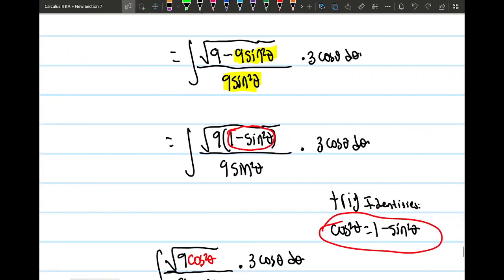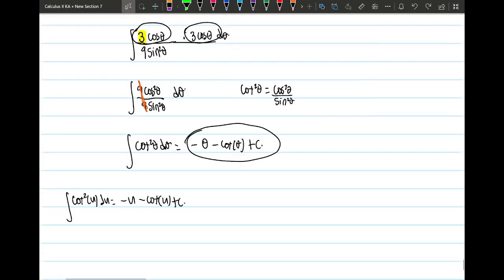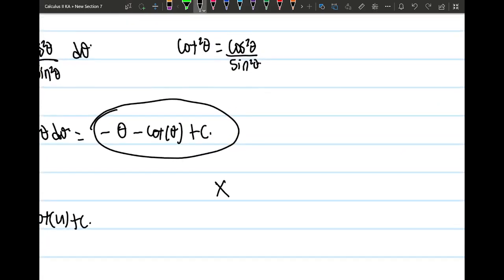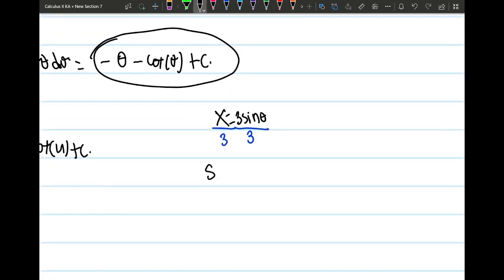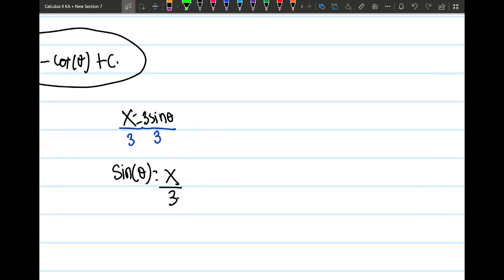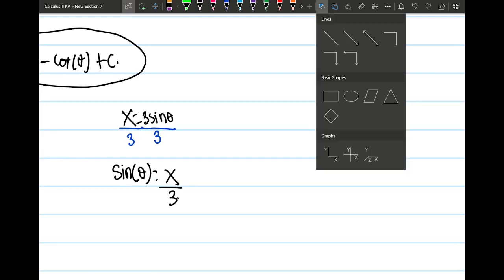If I have x equals 3 sine theta, I can divide by 3 on both sides and say that sine of theta is x over 3. Now using right triangle trigonometry,